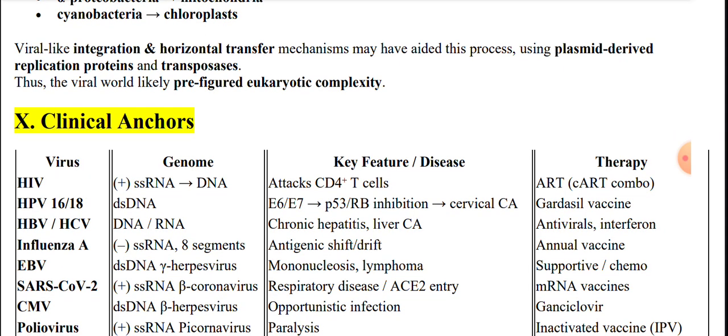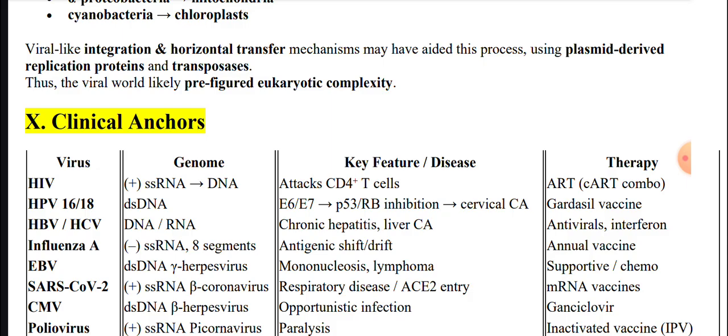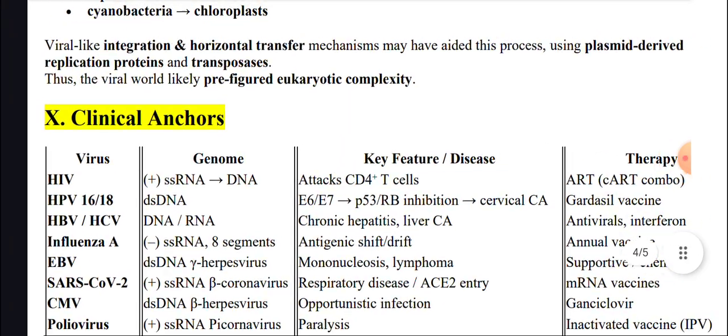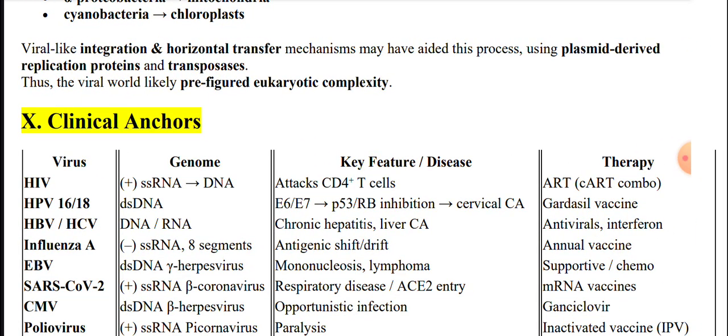And we shouldn't forget the historic victories, like the near eradication of poliovirus, another class 4 virus, thanks to effective global vaccination campaigns using tools like the inactivated vaccine, IPV. Each of these cases reinforces the central theme. Understanding the fundamental molecular biology of the virus, its Baltimore class, its replication strategy, its unique enzymes,